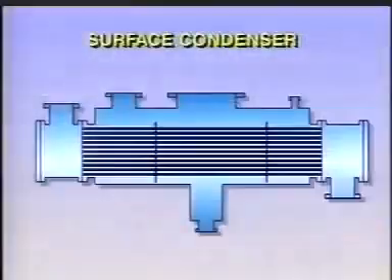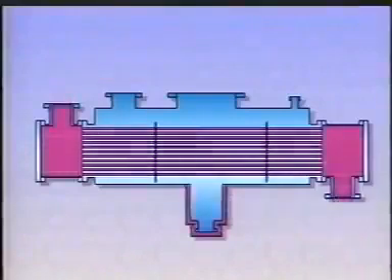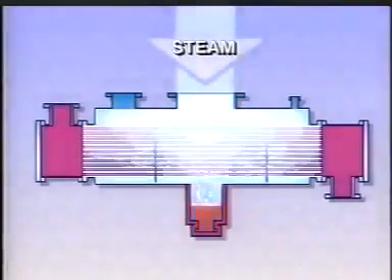Suppose we wanted to convert steam generated by one process into feed water for another process. To do this, a shell and tube exchanger can be used as a condenser. This cutaway will show how the condenser works. Water enters the space between the head of the shell and the adjacent tube sheet and flows through the tubes to the opposite end. Steam enters at the top of the shell and flows down and between the condenser's tubes.